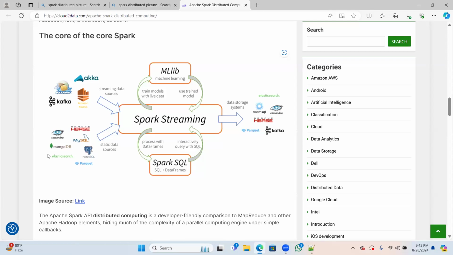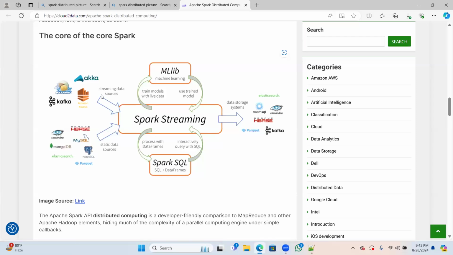For example, you see this MongoDB, right? MongoDB is kind of an unstructured database. Or you can take this Postgres. So we are getting the data continuously. This is related to static data. Streaming data is nothing but getting data continuously from here, maybe from social media sites.